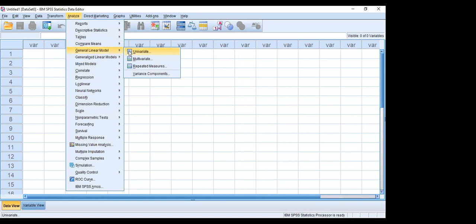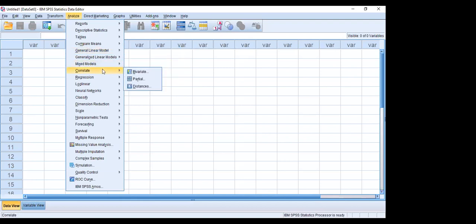Statistically, if you are dealing with one response, one dependent variable, we call that analysis univariate. If you are considering more than one response simultaneously, we go for Multivariate.